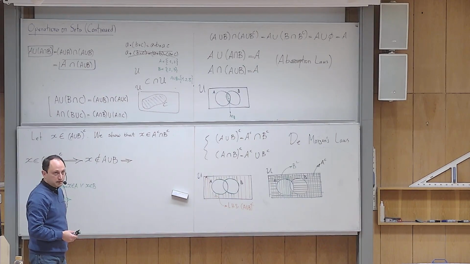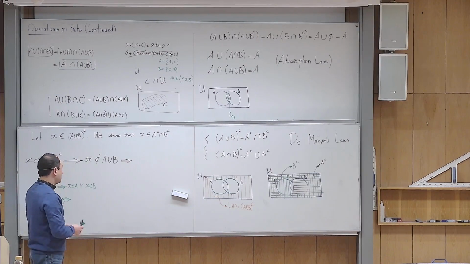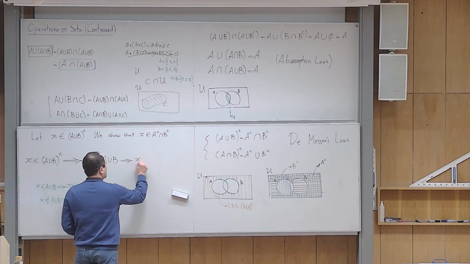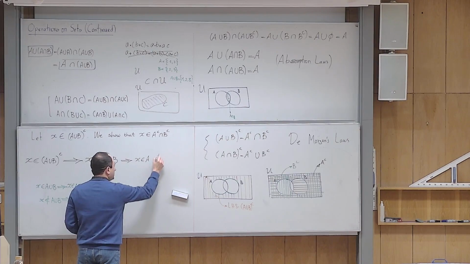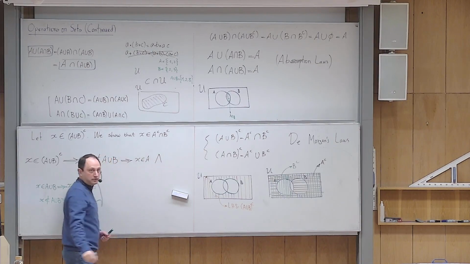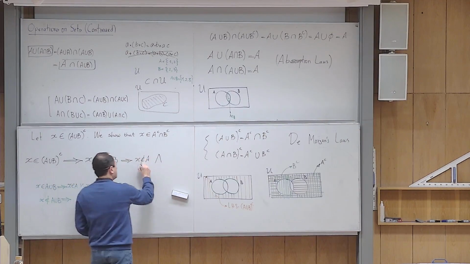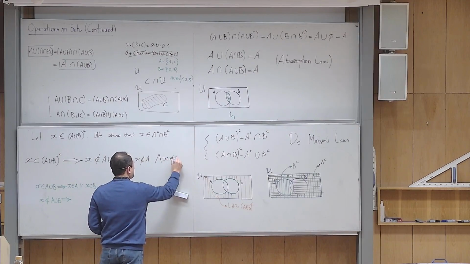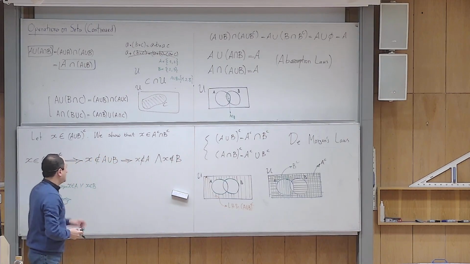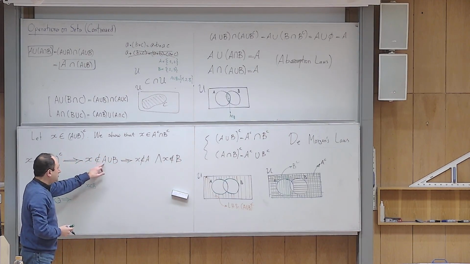Yes? X does not belong to A and X does not belong to B. And, that is important. Yes, exactly. So X does not belong to A. The important thing is that it turns out to be "and". Yes? X does not belong to B. Is that understandable? When I say X does not belong to the union,